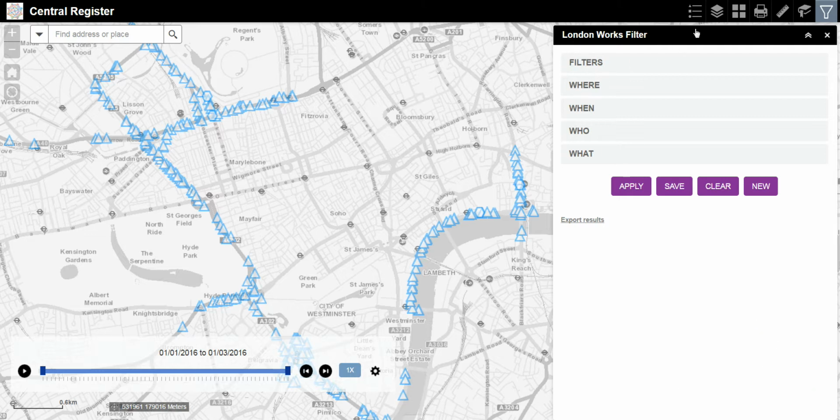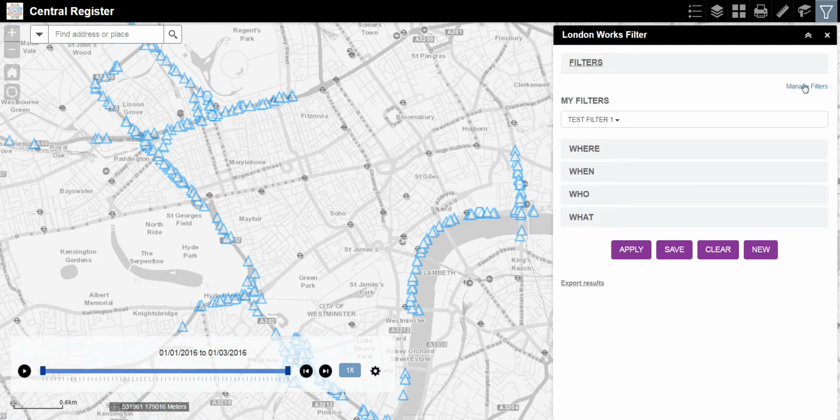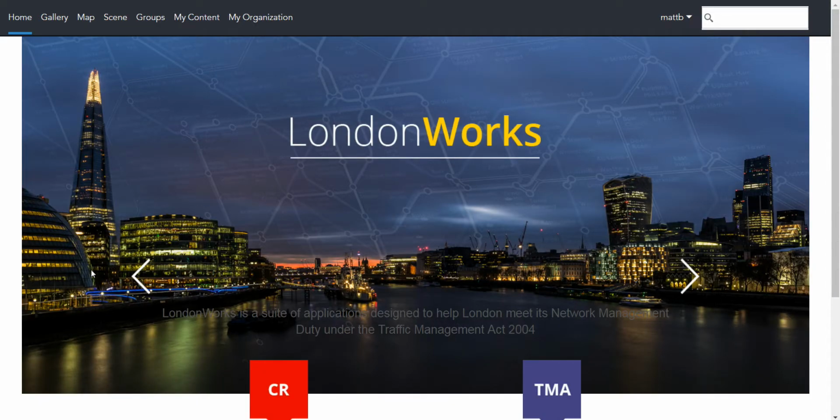So now I'm going to go to manage my filters. So now this is my default filter, and that means that if I close this Central Register application and open it up again,